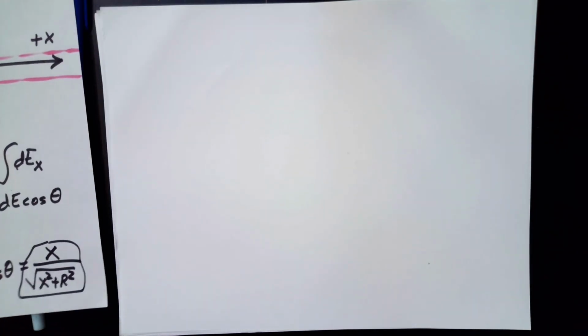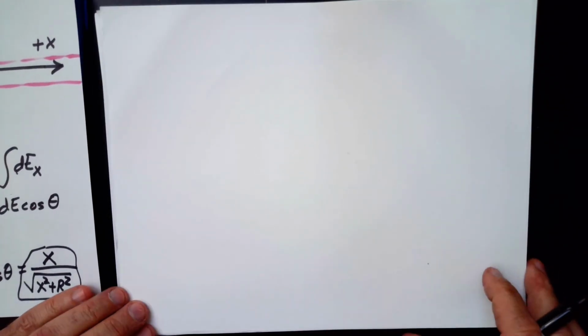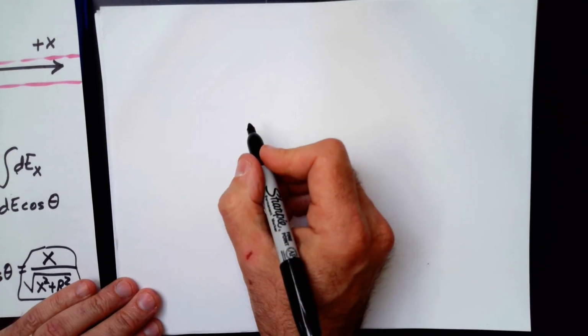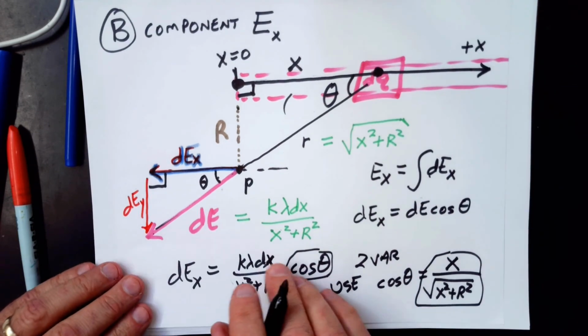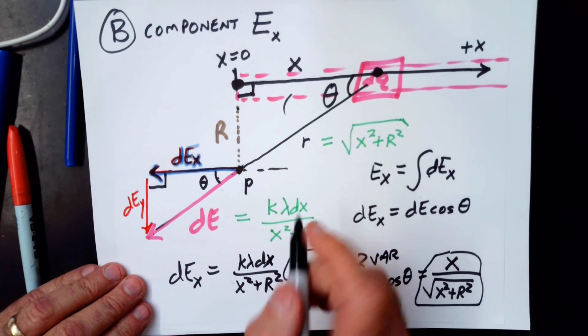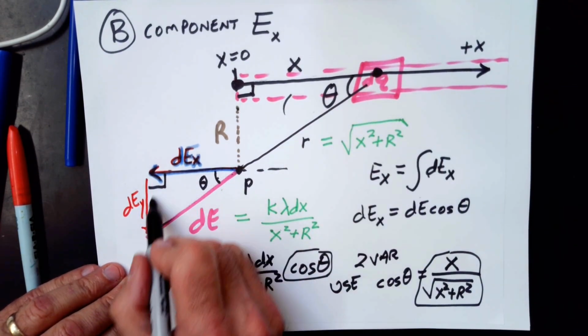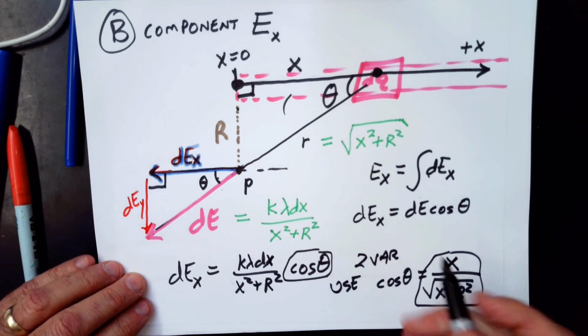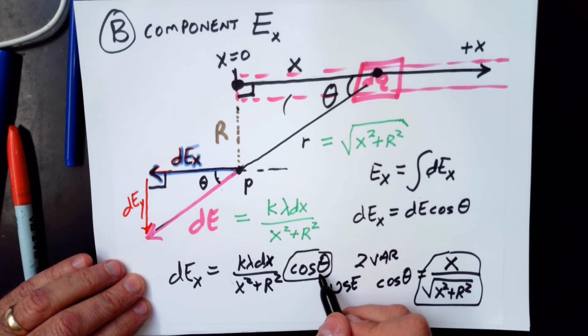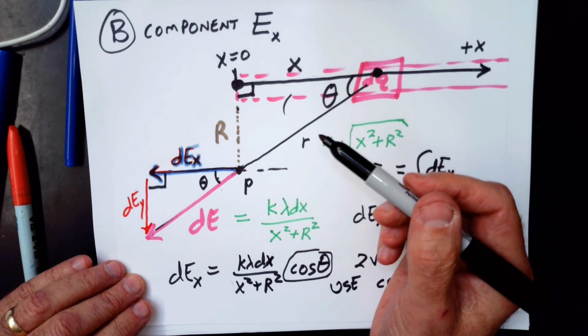There's one last wrinkle to it though. If you're happy with that, you can stop the video now. But there's another way to do it so that you don't actually ever have to write any trig functions. It's absolutely mathematically equivalent, but you can skip writing the trig functions, and that's to use similar triangles. This triangle up here is similar to this triangle down here. So instead of going through all the rigmarole of writing cosine theta, you can just use the ratio of sides,